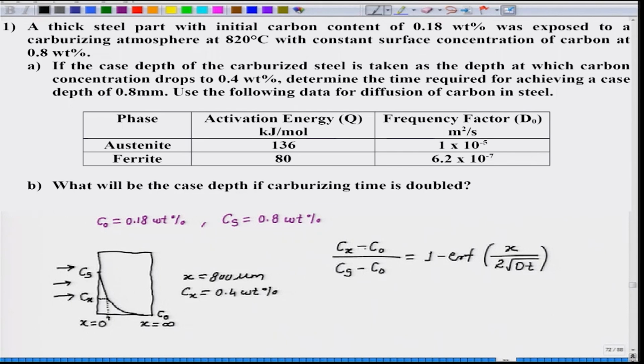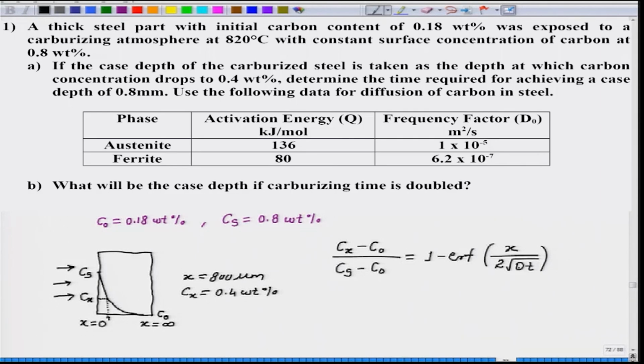Now, we are considering the ratios here, and since the problem states that the molar volume can be assumed constant, so it should not matter which unit we are using. So, we can straight away use the weight% as given, and on the right hand side we need to evaluate this error function term, which contains error function of x over 2 root Dt. X is given here, which is 800 micron,